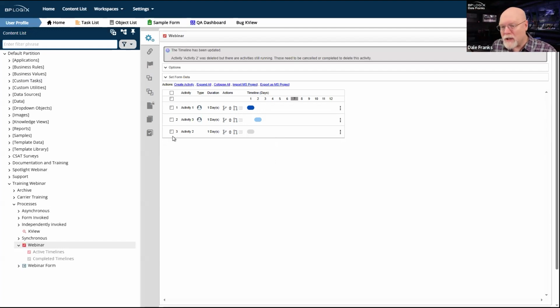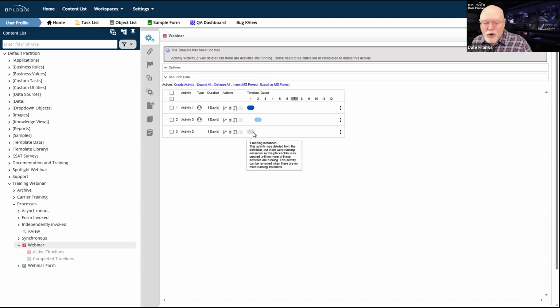That's only true because I made such a simple change to this process timeline instance or this timeline definition. What if I had deleted activity 2 and activity 3, and then I added activity 4? In the current state, when activity 2 is done, it's automatically going to go to activity 3. It's going to do that because activity 3 was identified as its successor activity when the activity started. So this is all going to run no problem. But what if I had deleted activity 3 and added activity 4?